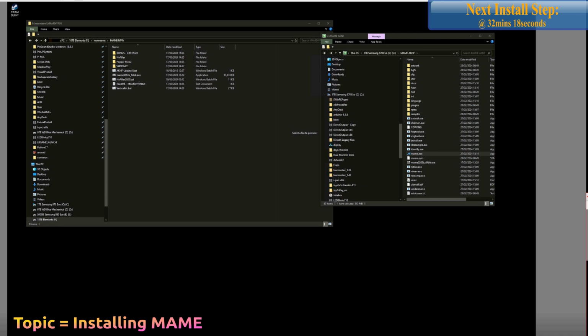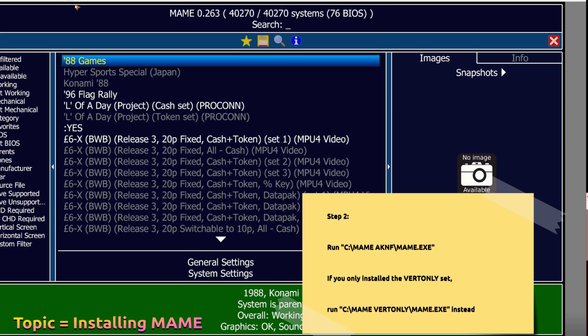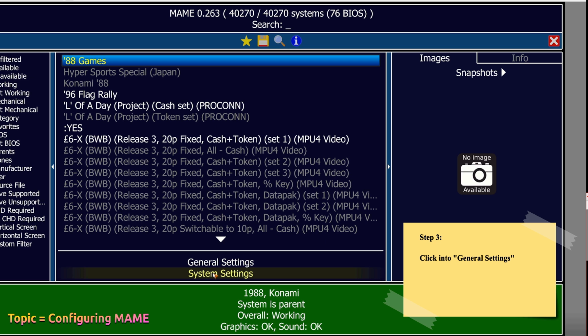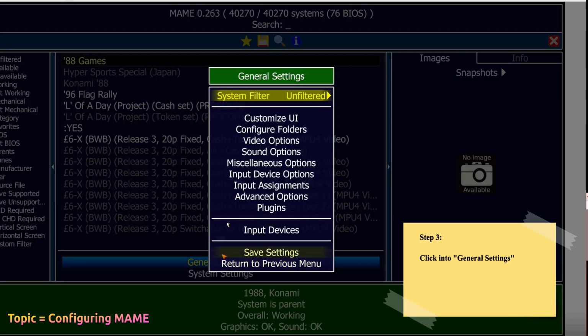Okay, so the ROMs are done copying. I'm going to run mame.exe. It's going to open on my playfield monitor, and you'll see how MAME looks. It shows the version number at the top and a number of games and whatnot. But really, we only need to configure a few things in here. If we go to general settings to start with,